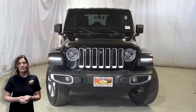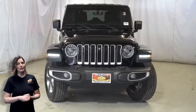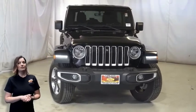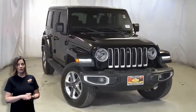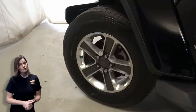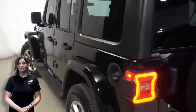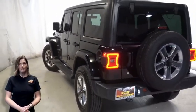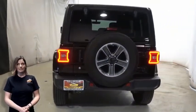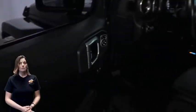Power, performance, capability, and capacity allow you to take this on and off road as you take on new adventures. Take a look at this 2018 Jeep Wrangler Unlimited Sahara Edition in black clear coat. With LED reflector headlamps, front LED fog lamps, 18-inch aluminum wheels, black 3-piece hardtop, LED tail lamps, heated front seats, heated steering wheel, 31,000 miles on the odometer,